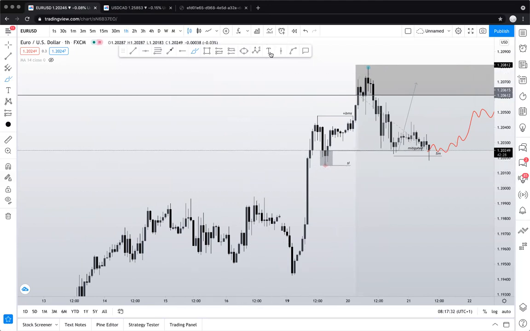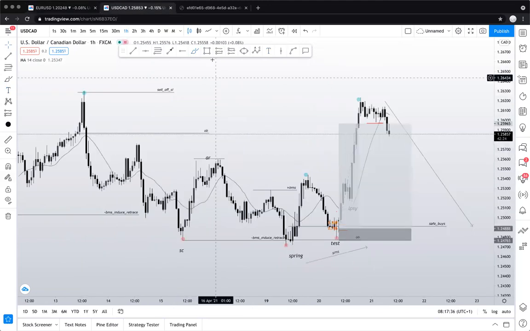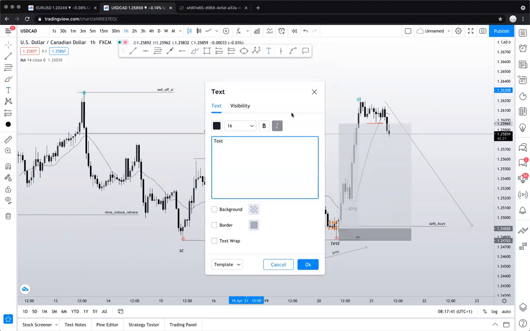I basically trade Wyckoff. I basically trade OBs. Should I put this as ICT? Remember, I don't own ICT. That belongs to Michael. I'm not a student. I kind of